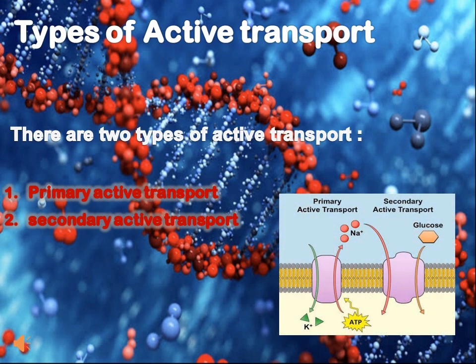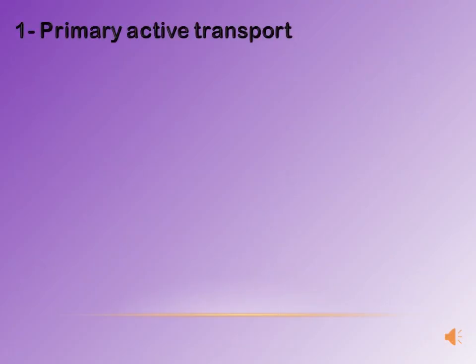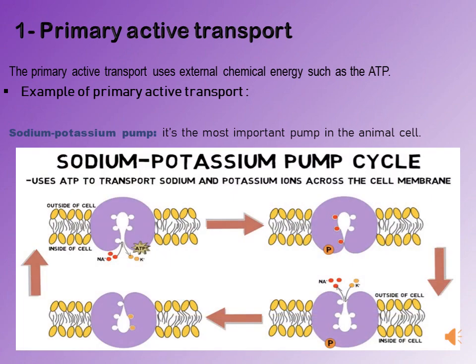There are two types of active transport: primary active transport and secondary active transport. Let's talk about primary active transport. This kind of active transport needs chemical energy. How can our body afford chemical energy? Well, our body can afford chemical energy by breaking down ATP, adenosine triphosphate. By breaking down ATP, we get the energy needed to transport molecules